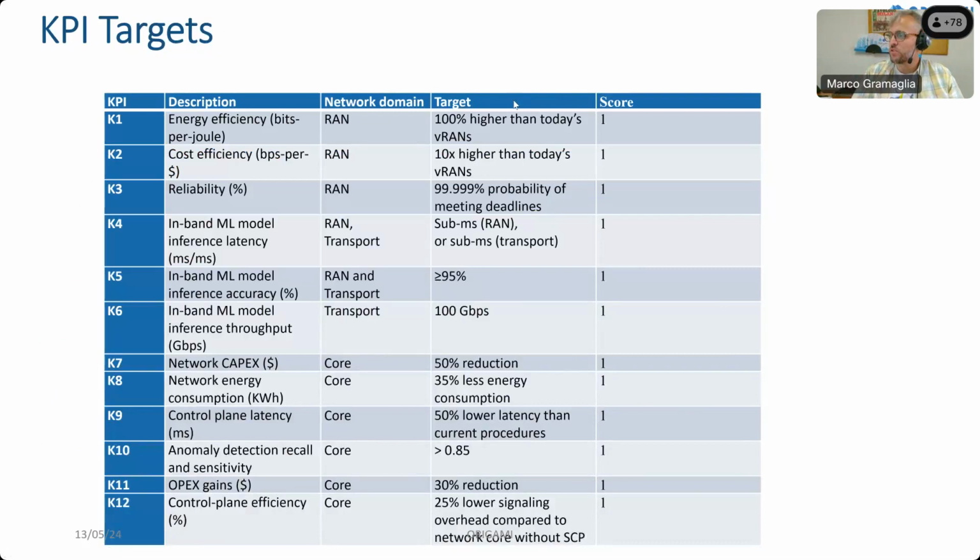target values for those, especially regarding energy efficiency for the RAN, reliability with finite reliability, and very high peak data rate in switches, even if they are performing machine learning inference. And then you can read here all the others. For us, all the KPIs are equally important because they are really needed for bringing down the barriers I was